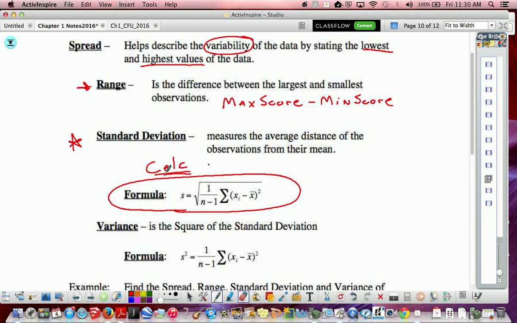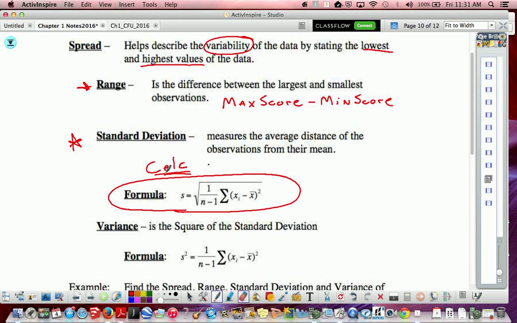So, all right, we'll start with 7, and I want to use a different color. So, over here, 7. I'm going to look at this particular distance. How far is 7 away from the mean? 1.6,